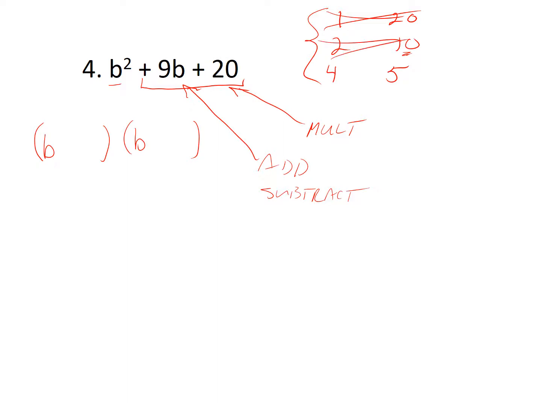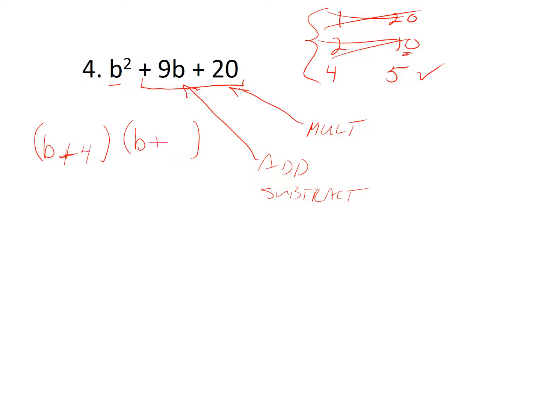Let's try 4 and 5. 4 times 5 is 20. So far, so good. And if I add 4 and 5, I get 9, which is also what I want. So these are the factors I want to use. 4 and 5 multiply to positive 20 and add to positive 9. So my expression is going to be b plus 4